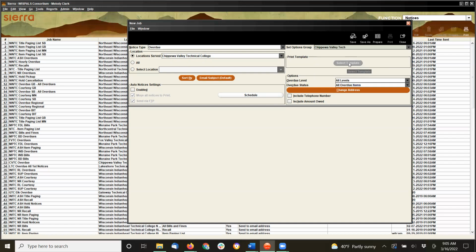It's grayed out. If I were to go back in and change that and turn that on, then I would have an option to select a print template. But because we're not going to be doing that today, I don't have that option. The other thing to note is when you do have a print template enabled and you select a print template,